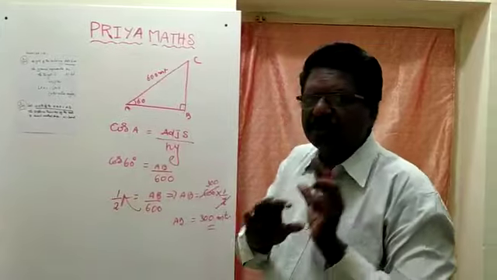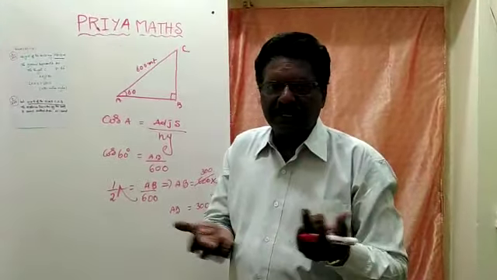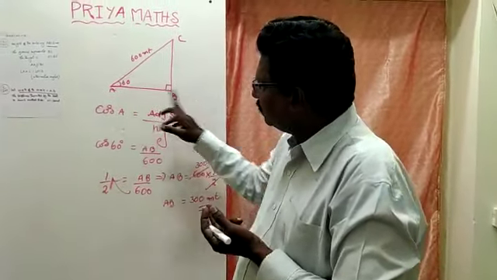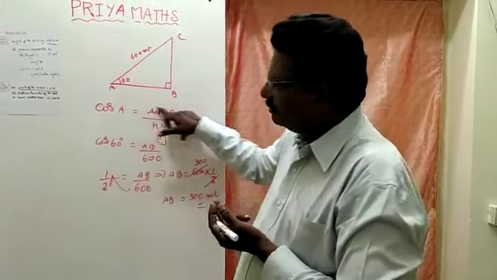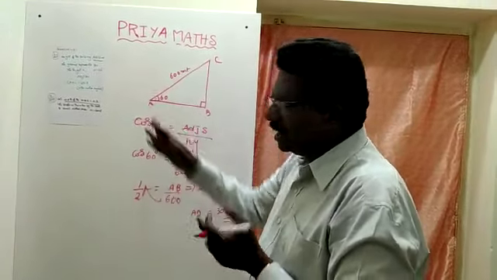You have to draw the diagram. Then you have to read the question one or two times. Then you understand how to do the sum. Then you find what is the width. First you have to draw the width of the river AB. Then the boat is starting from A.